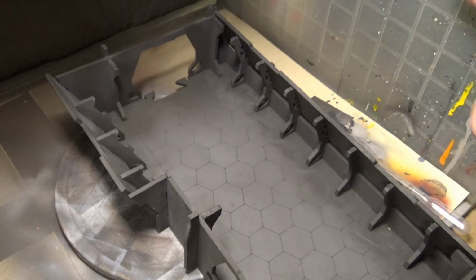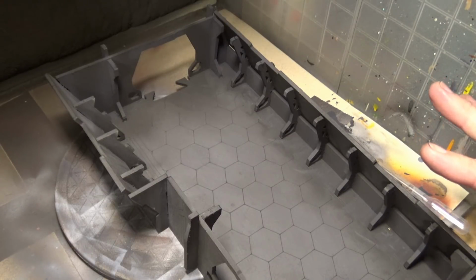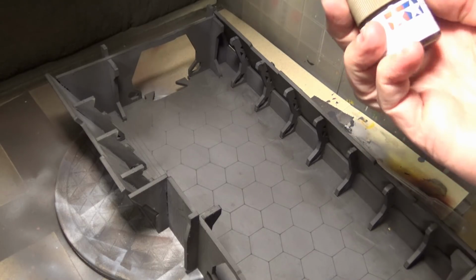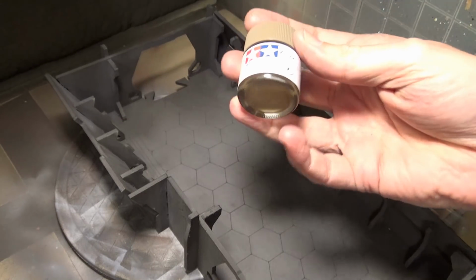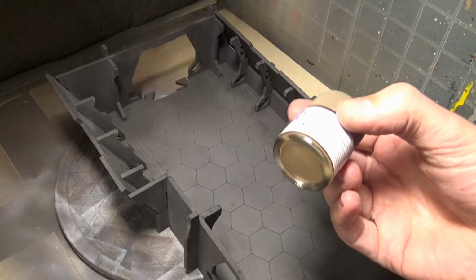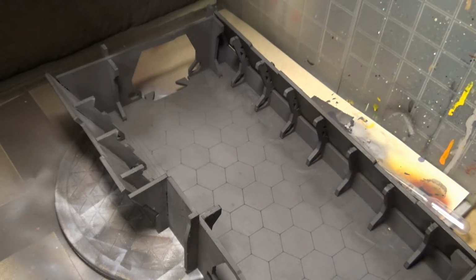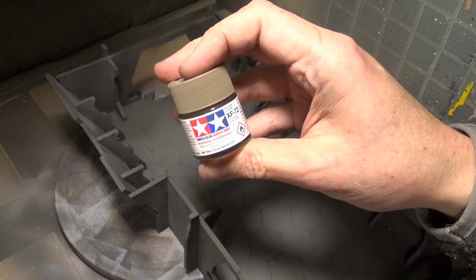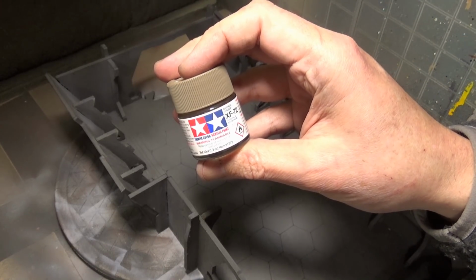Like I said at the beginning, we don't want to use acrylics because they can have an adverse effect on MDF. So wanted to use enamels, but I really don't like airbrushing those, especially when I have to airbrush so much. So decided to try Tamiya's acrylics, which are actually synthetic lacquer, but they dry quickly, so it shouldn't affect the wood. And we're going to start on the interior, and we're using brown,